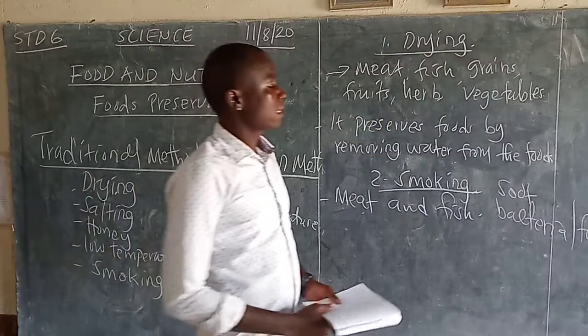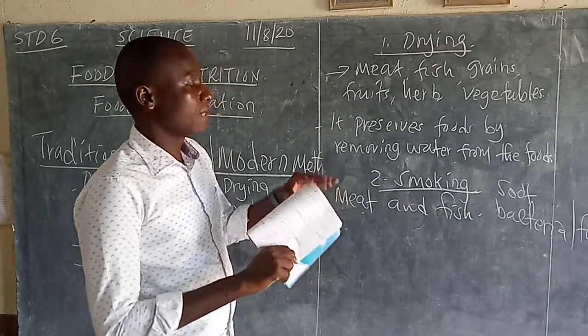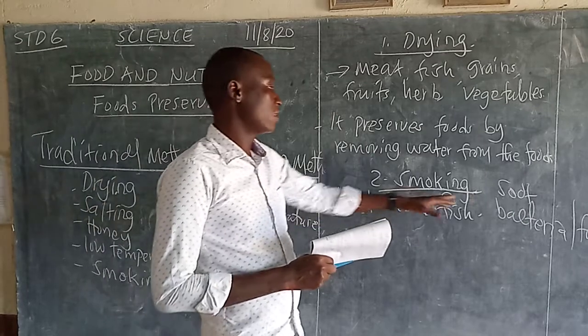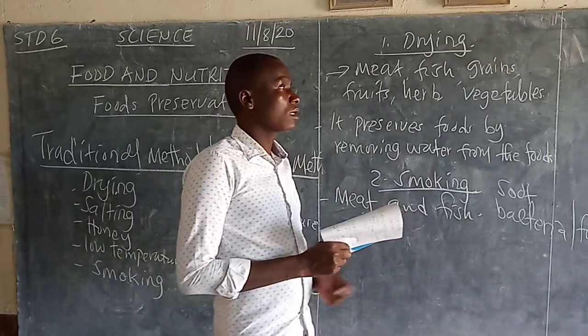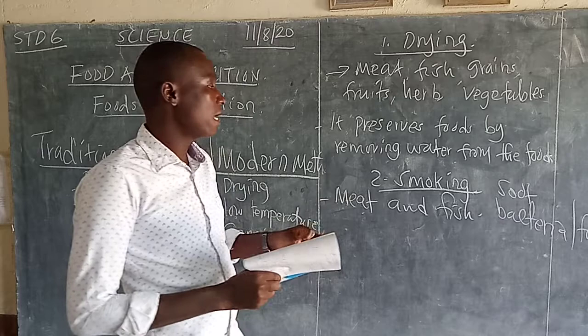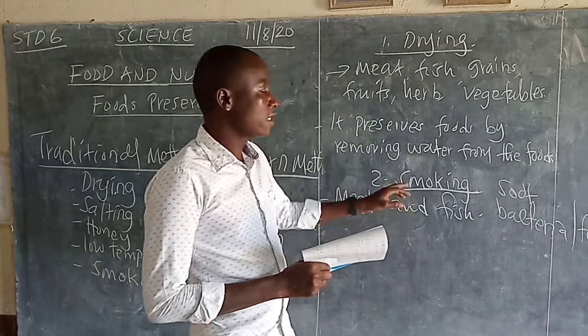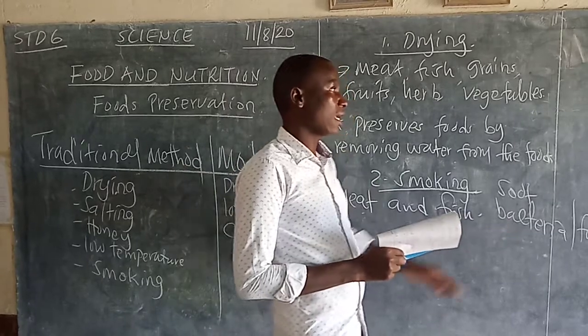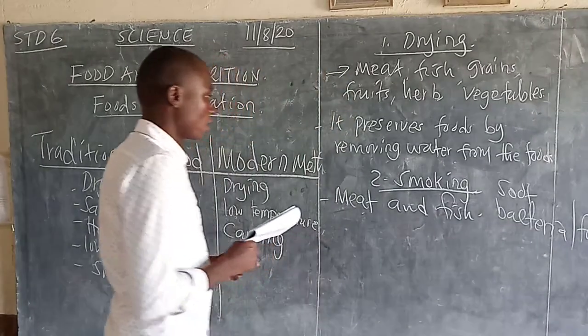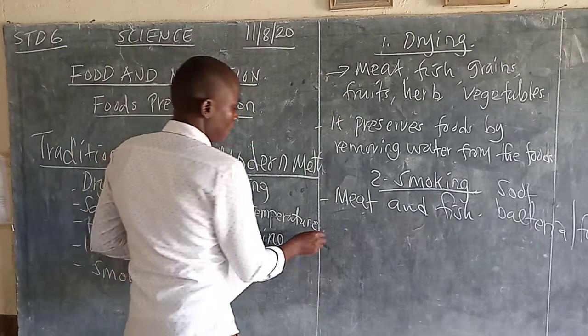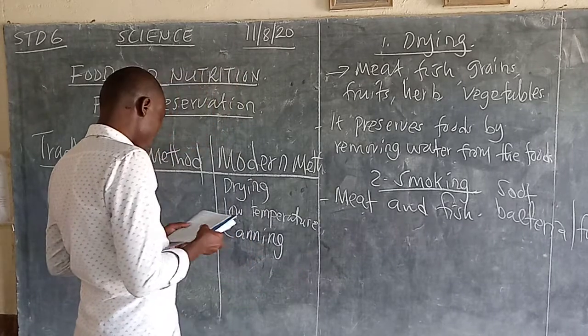What happens? The outer skin of the food has been coated by the soot or smoke. Now it becomes hard for these bacteria, the decomposers, to penetrate. Hence the food stays without bacteria, and that food will go long without getting bad. It preserves food by